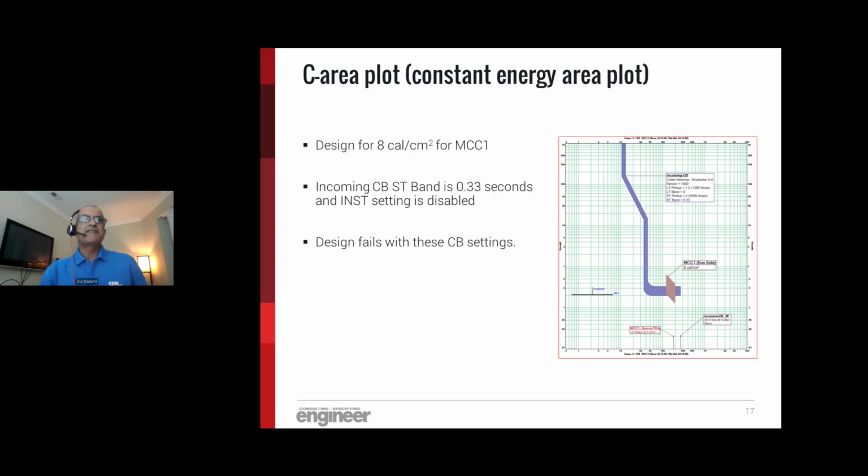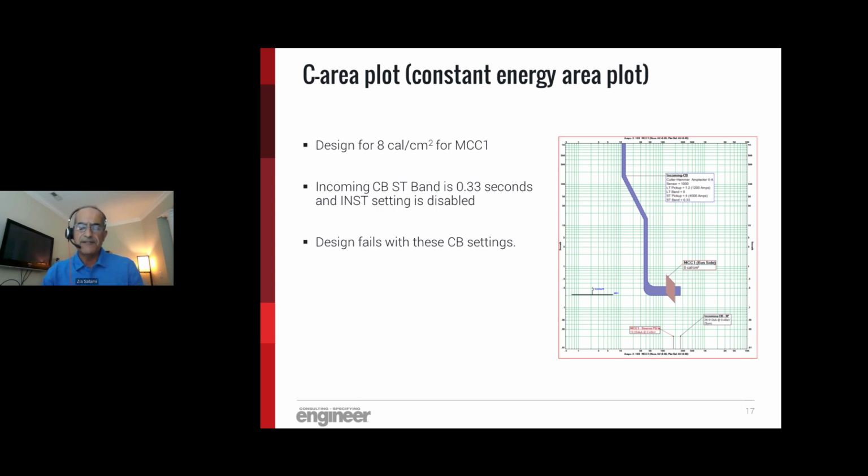Let's look at this TCC and the design that we have for MCC. If there is an arc at MCC level, and we're trying to make that one 8 calories per centimeter square, then if we plan to do that, we can utilize the C area plot or constant energy plot to determine during the design phase, as I mentioned, or during the coordination study phase, if that design will hold,